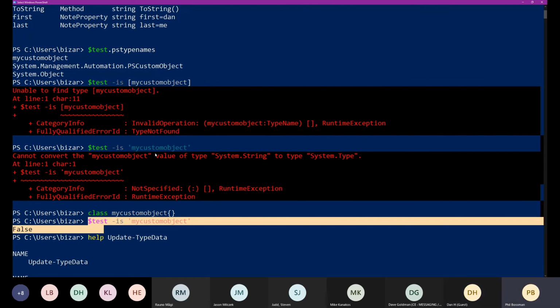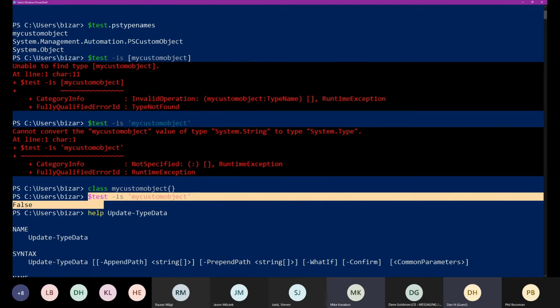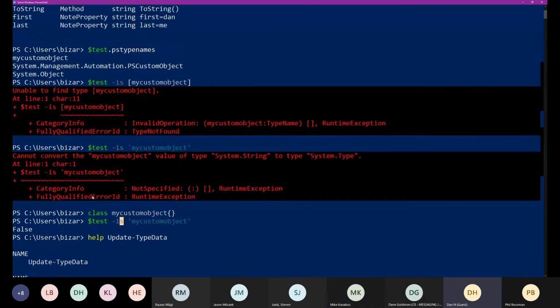Right. So my object of that type, and it doesn't. It's trying to create that of that type, but that type doesn't exist. But you're creating the class, right? Yeah, I created it down here and then tested again. But that's what I was wondering: even though this object that I created has that PS type name, it's not technically recognizing it as the same type.